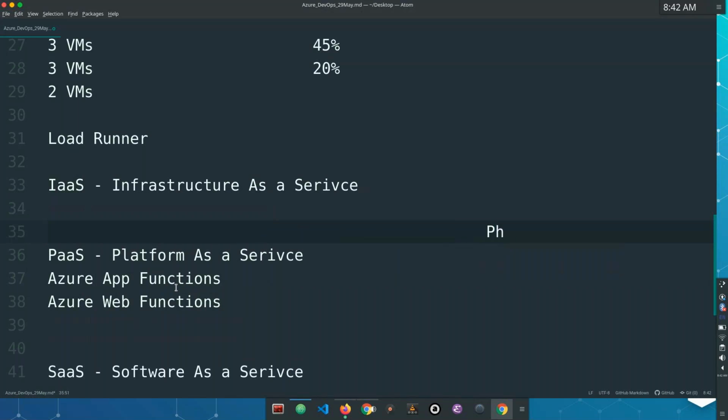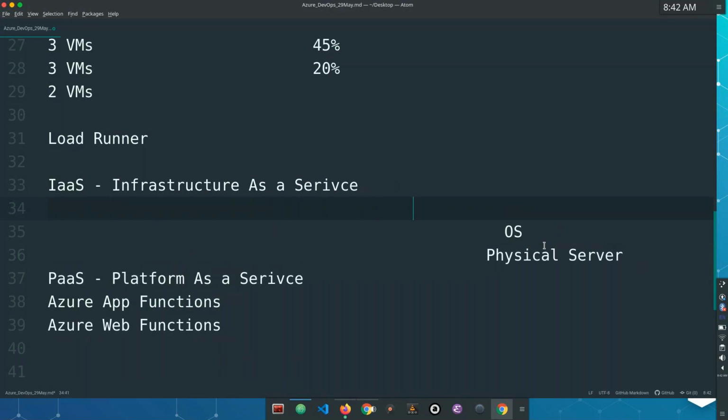the physical server. On top of it, there is OS. And, just talking from a simple virtual machine perspective, on top of it, you have runtime environments. Like I said, if you're using a Java application, you need to have Java installed on it. If you have Python, you need to have Python installed and all the other modules. Okay, so here in this case, only the physical layer is taken care of by